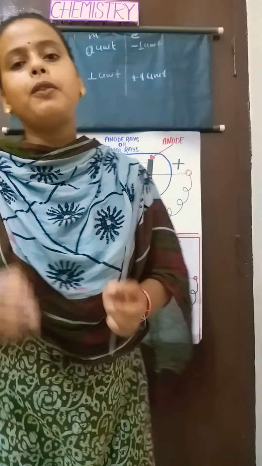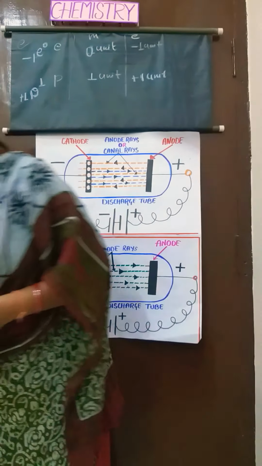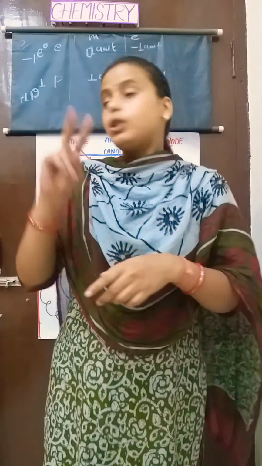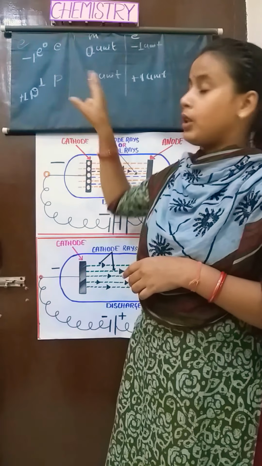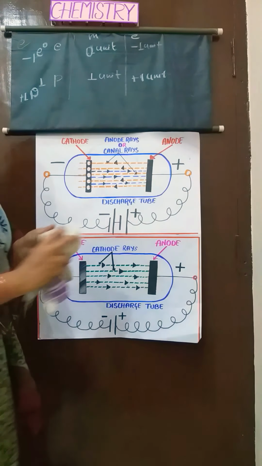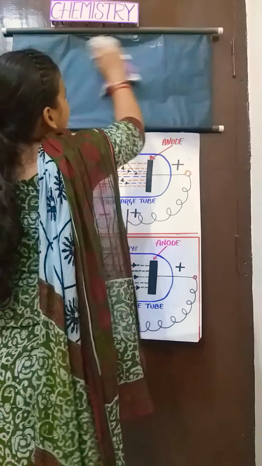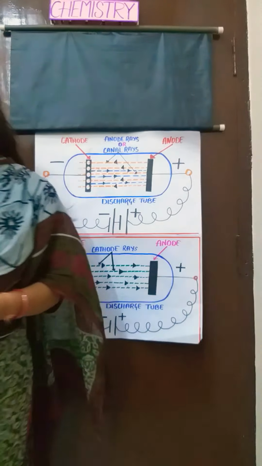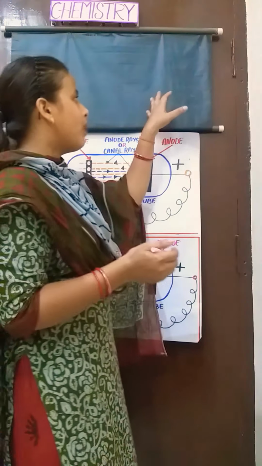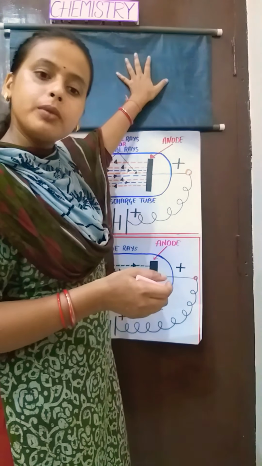So this is the discovery of electron and proton, and after the discovery of electron and proton, we can say that atom is made up of electron and proton. Now atom is not the smallest particle, because inside it the two particles are present, which are electron and proton, right? So this is the discovery of two particles. Now the question is, can we calculate the mass of any element with the help of these two particles? So the research said, no, we cannot calculate the mass of any element with the help of these two particles.